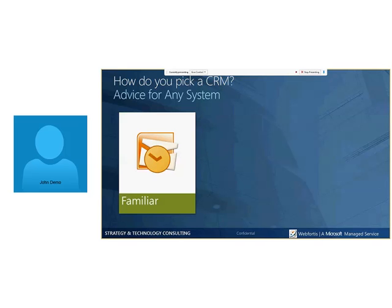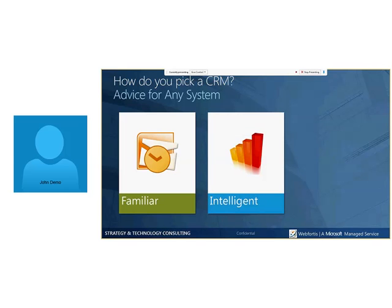So first and foremost, it's got to be familiar to them. What is it like, the tools they are using every day? As you'll see here with Microsoft CRM, it's integrated very tightly with Outlook. It's got to be intelligent, intuitive to use. Again, bringing up the user adoption, because without user adoption, any money you spend will not receive a return on